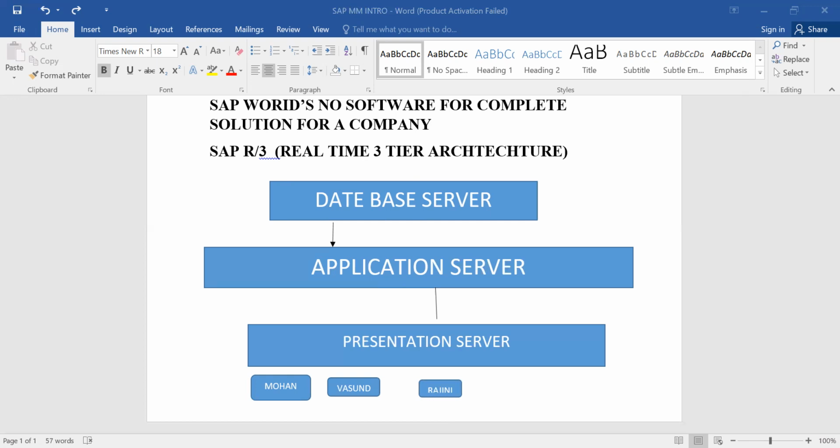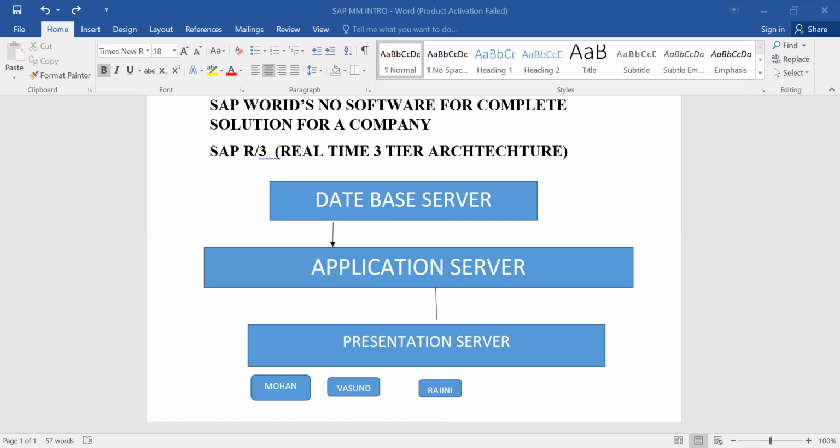Suppose Jio ties up with Wipro, for example. Any one company they will tie up. Now Wipro, what will they do? They will install this software into their company. From Wipro, all senior consultants, MM seniors, FICO seniors, like that, first visit the Jio company.